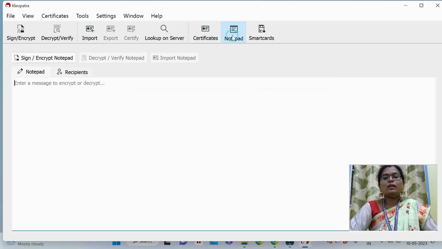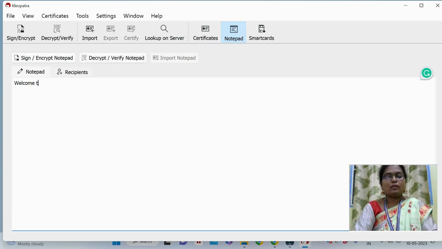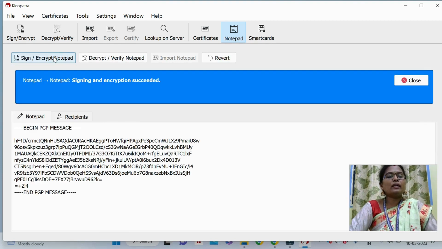So the second way is with the notepad, which is already present in the Kleopatra tool. So here I'm going to type the same thing: Welcome to Open PGP. Once I have given my content, I could click here sign or encrypt. Once I click sign or encrypt, the content that has been given in the notepad has been encrypted,